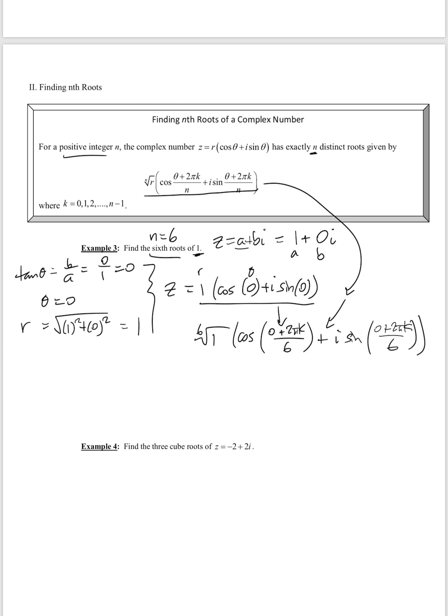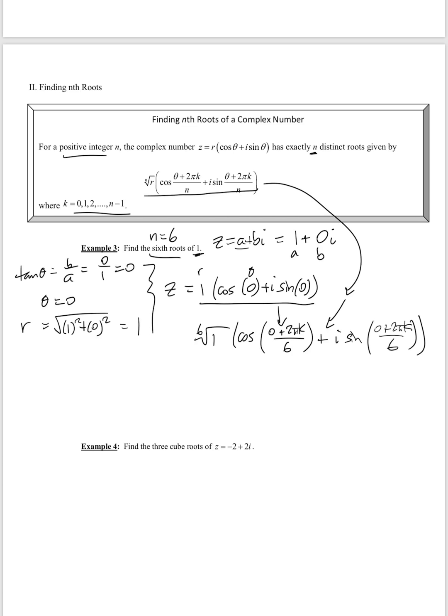When we're looking for a specific nth root, we're not going around and around the unit circle an infinite number of times. We're actually going around only up until the n minus 1th time,